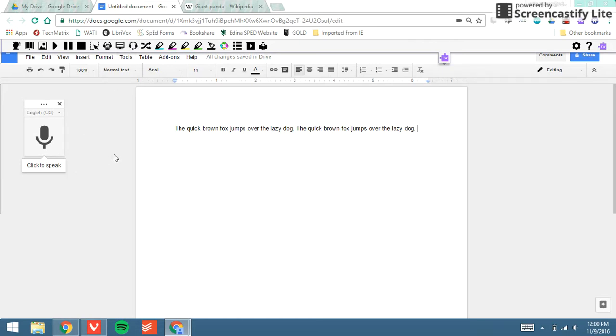The great thing about Read and Write is that if a student needs multiple tools, this keeps it really organized and simple for them. They aren't having to navigate between multiple add-ons and extensions and tools to get to different things. And the features are available across Google Chrome. So if a student is filling out a form or they're logged on to Schoology, they can utilize these same